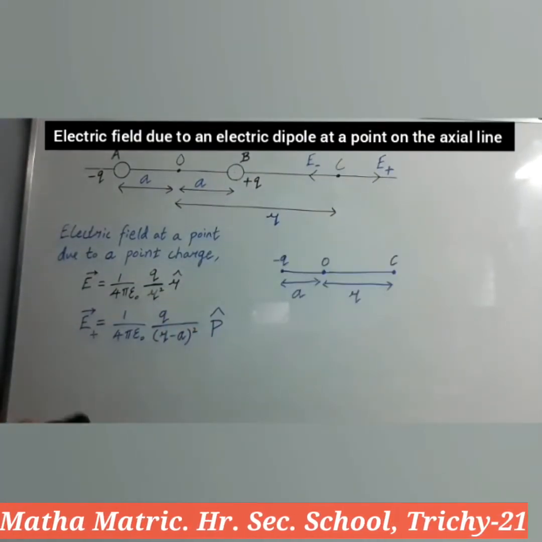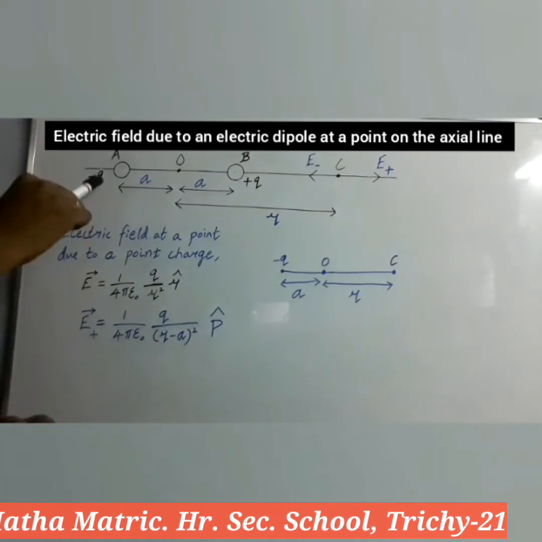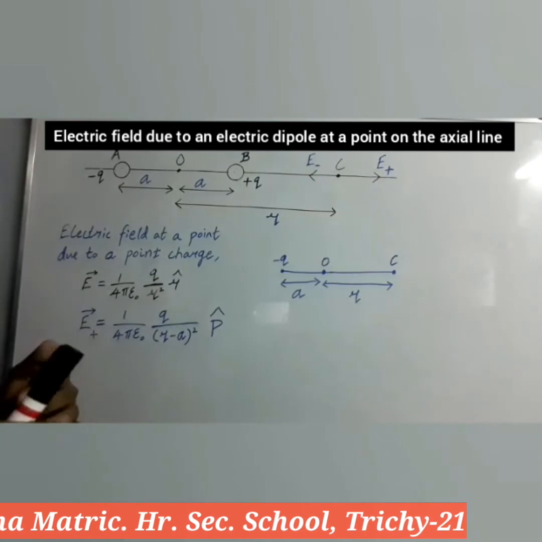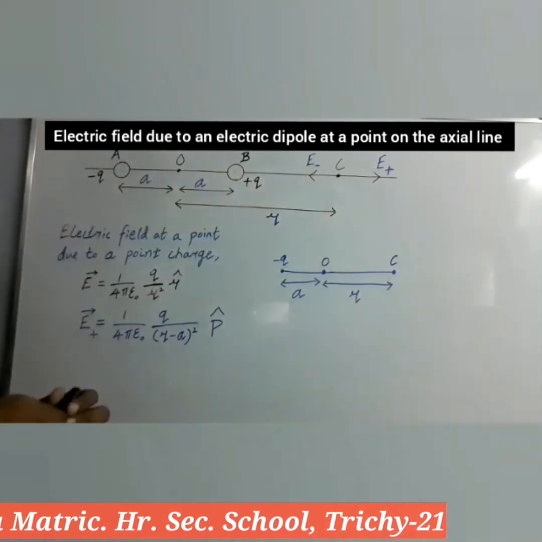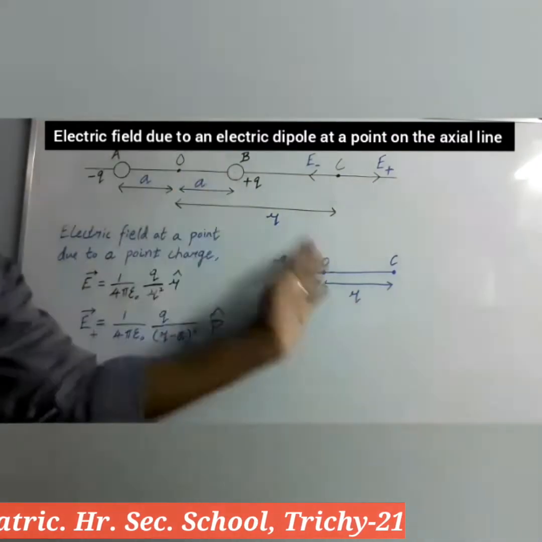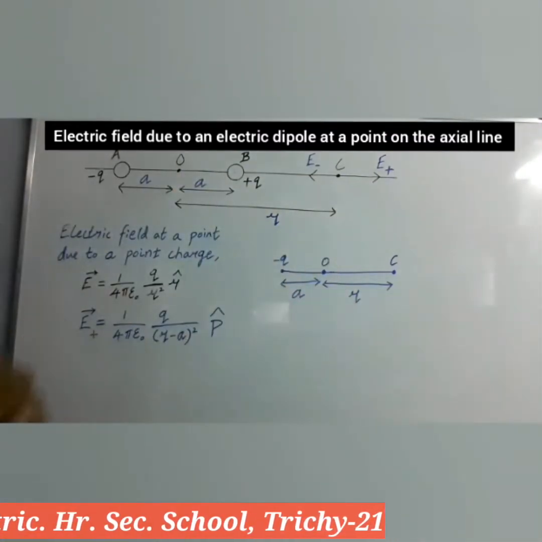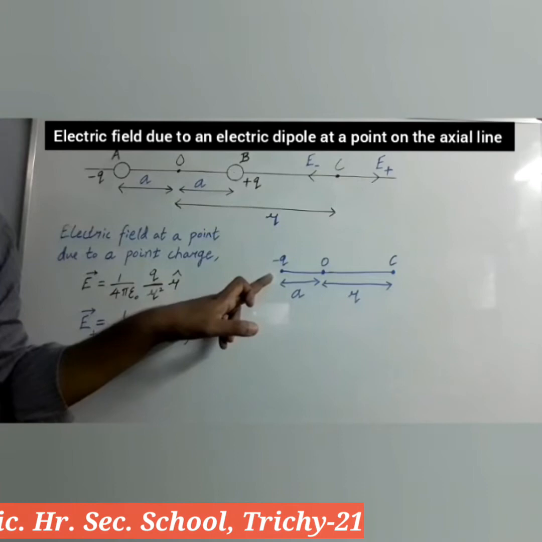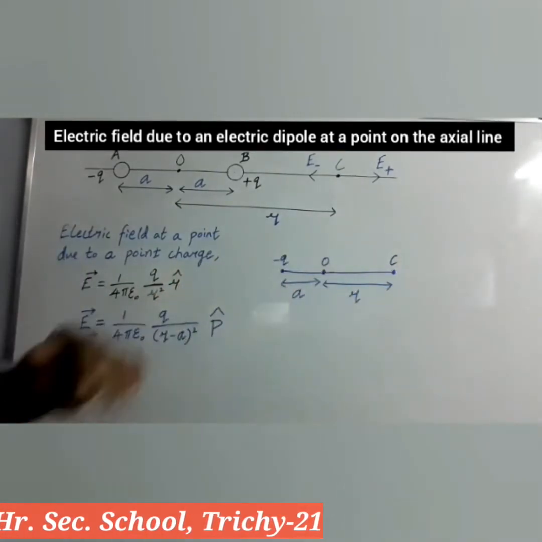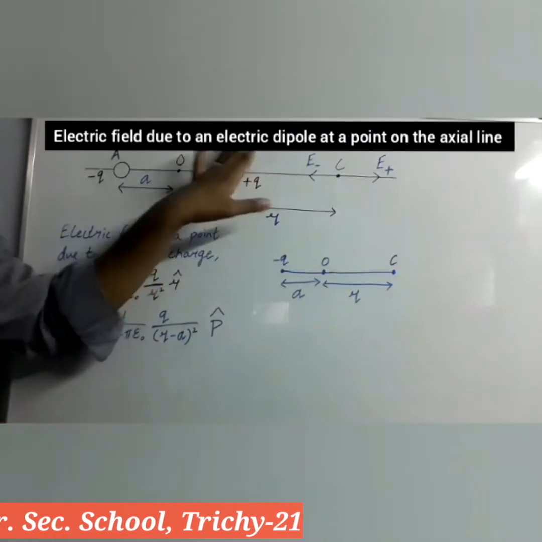Now we are going to find the electric field given by the negative charge at the point C. For that we need the distance between the negative charge and the point C. Like in the last case, I have taken a small part from that diagram. Here also I have taken the 3 points: point A where we have kept the negative charge, and point O and point C. I have forgotten the positive charge.